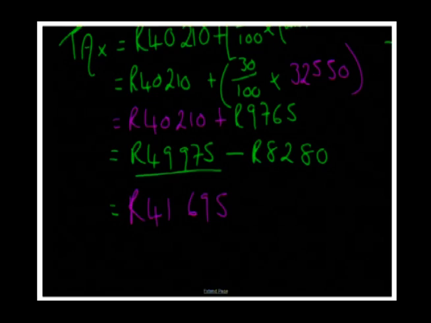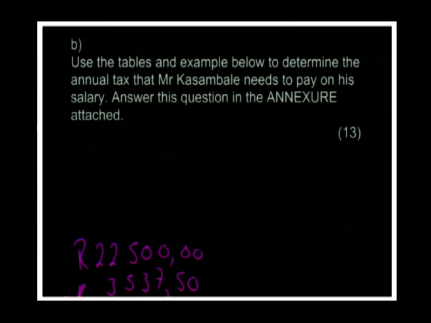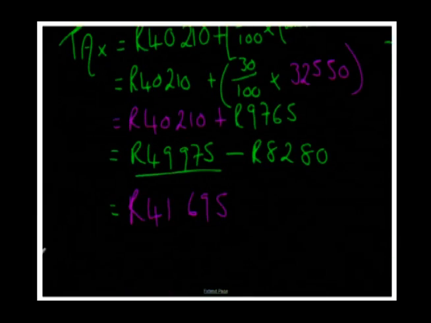41,695 Rand. That's the tax I pay every single year. Okay, now, I want us to look at this question because it says here how much tax he needs to pay on his salary. All right, and it's asking us to determine the annual tax. Now, folks, we've worked out the annual tax. So every year he's paying back